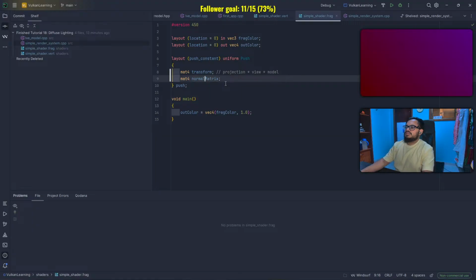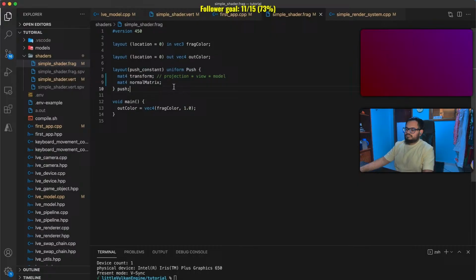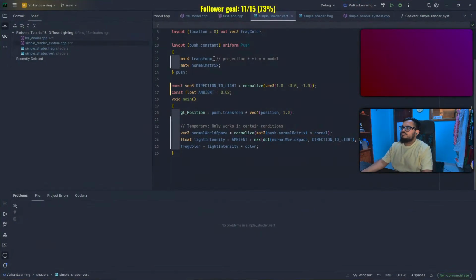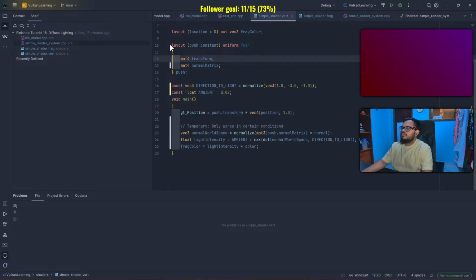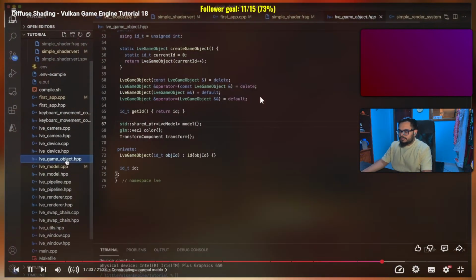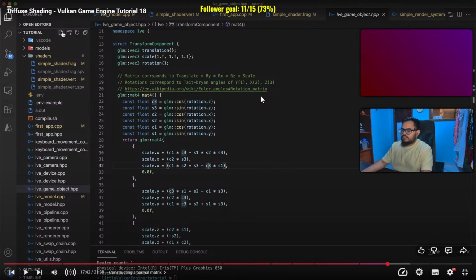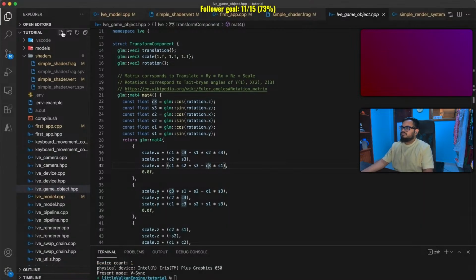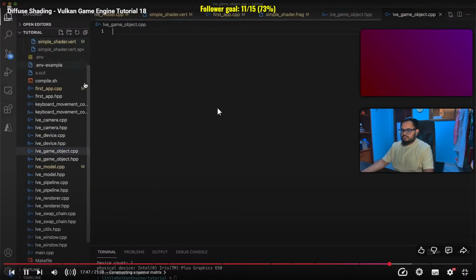Normal matrix. Copy the push constant definition and overwrite the push constant struct in the fragment shader so that they match. And then in the game object, add a new function to calculate the normal matrix. First though, let's actually move the function implementations out of the header to an implementation file. So I will create a new file called lvegameobject.cpp, including the lvegameobject